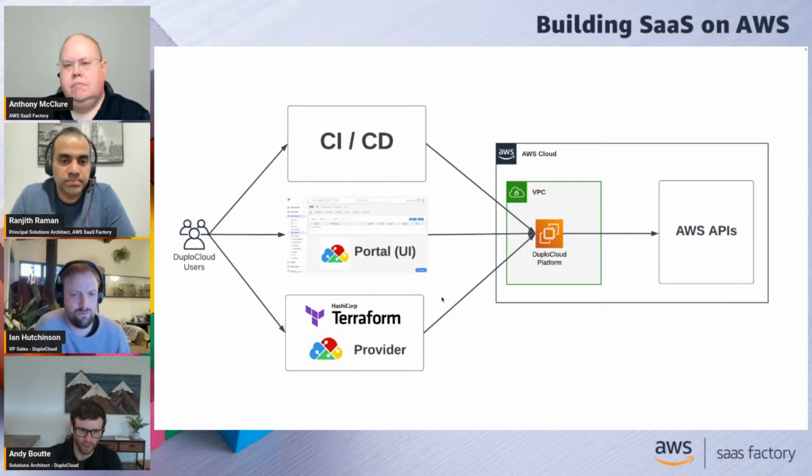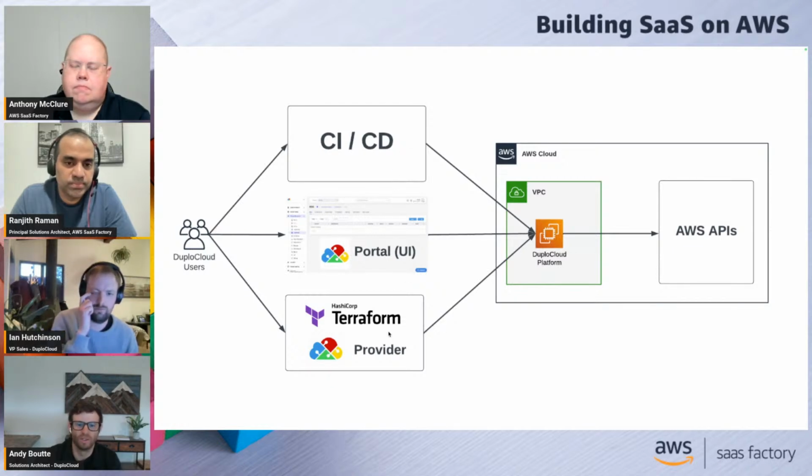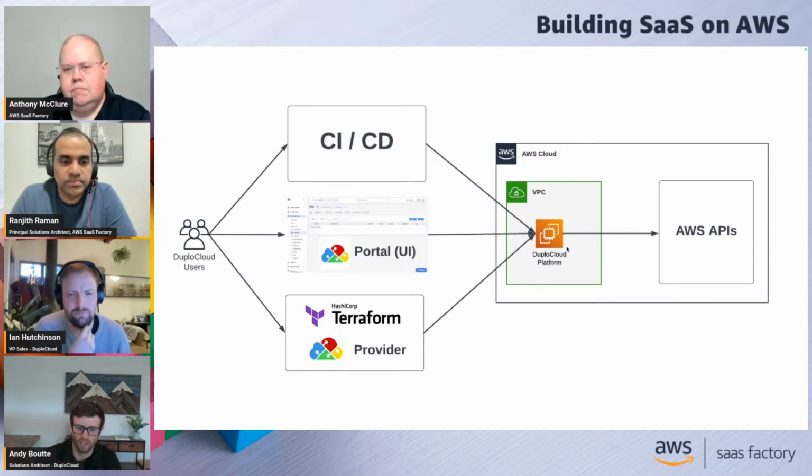And then I alluded a minute ago to our infrastructure as code option. DuploCloud has a Terraform provider, and we'll be showing that off in just a minute. And then I can speak to CI/CD also a bit. But regardless of the interface that the user is using, these three different options all talk back to the DuploCloud platform. And like Ian mentioned earlier, the DuploCloud platform is self-hosted, so it lives inside of our customer's account.